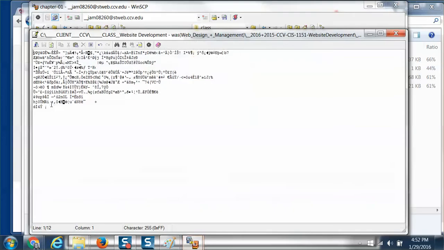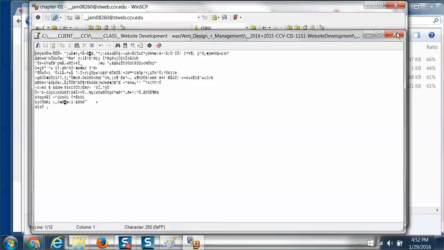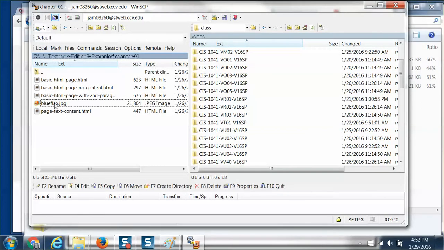This BlueFlax JPEG. Of course, if you click it in an FTP, it's not going to show you that. It's just going to show you the graphic interpretation. It's not going to show you the BlueFlax like a PC would. PC automatically opens it in a graphic editor or graphic displayer. When we're in WinSCP, WinSCP is to transfer files up and down. It's not going to give us the ability to view them. So what does this mean? Well, let's